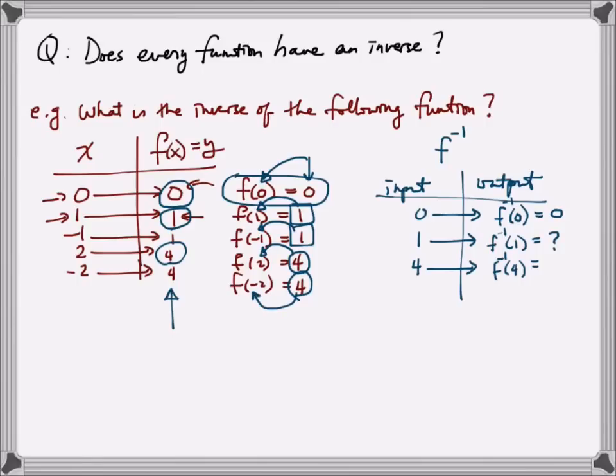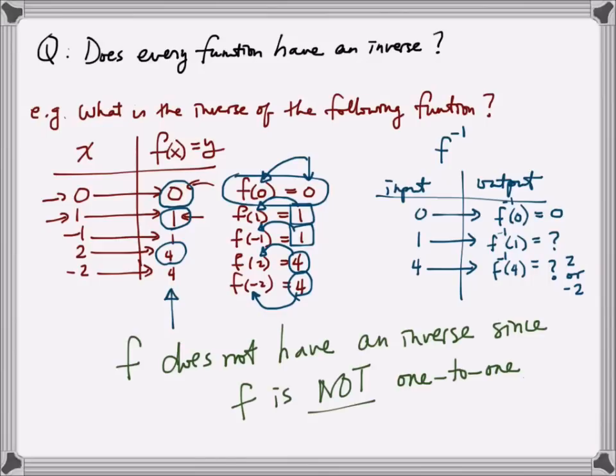So when I take the inverse of 4, it's not obvious which one we're talking about. It could be 2 or negative 2. The fact that there is an ambiguity in choosing which one should be the output for the inverse function tells us that this function f does not have an inverse, because there is no definitive rule to help us assign these values. This function is not a one-to-one function, because a very famous non-one-to-one function is the parabola